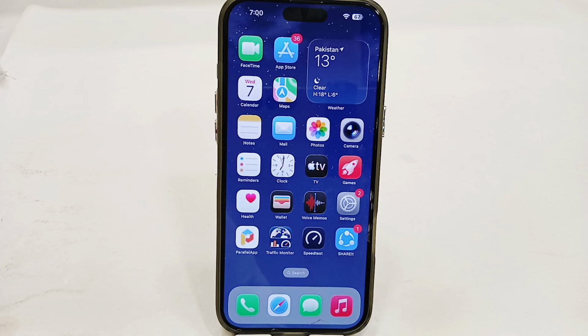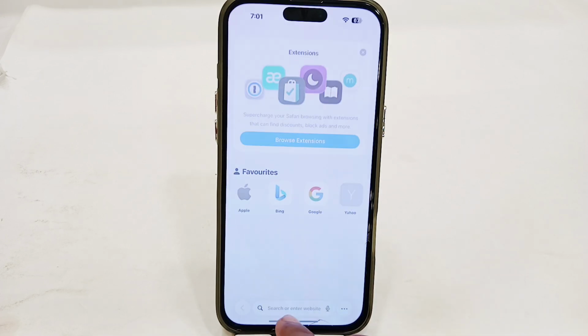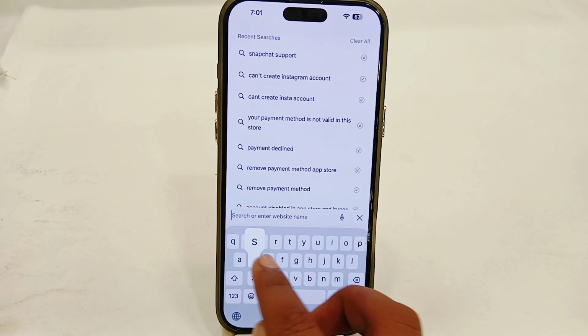Hey guys, today I'm going to tell you how to fix Snapchat temporarily disabled. If you are using Snapchat and you're facing the temporarily disabled error in your Snapchat, let's see how you can fix it. So the very first thing, you have to simply open your browser here, go to search, and search for